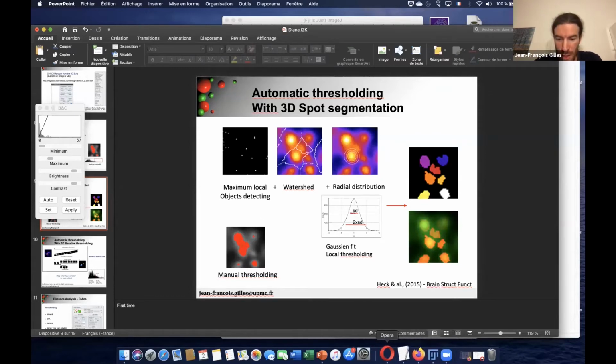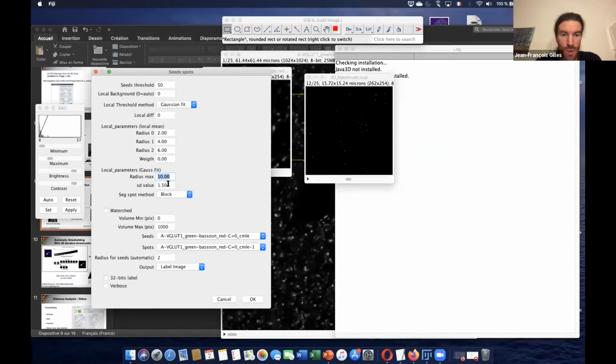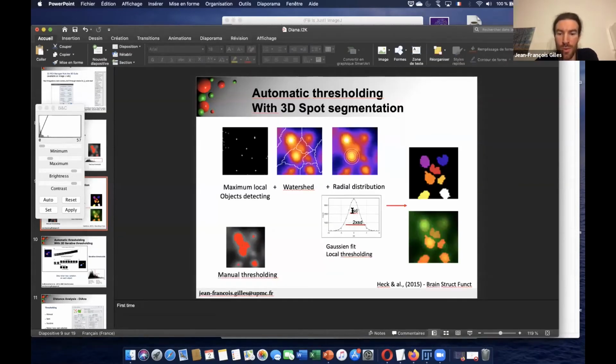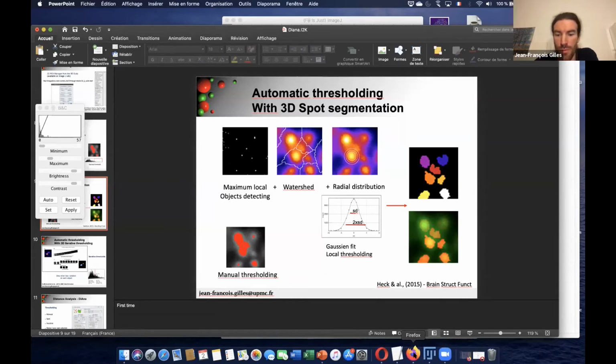And the SD value: the higher this value is, the bigger your object will be, and you will obtain bigger objects with 2, for example.